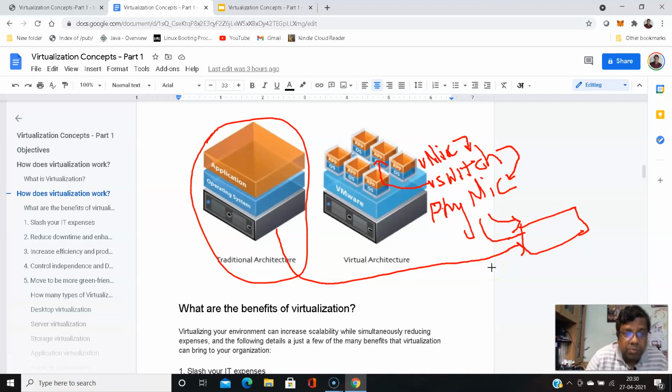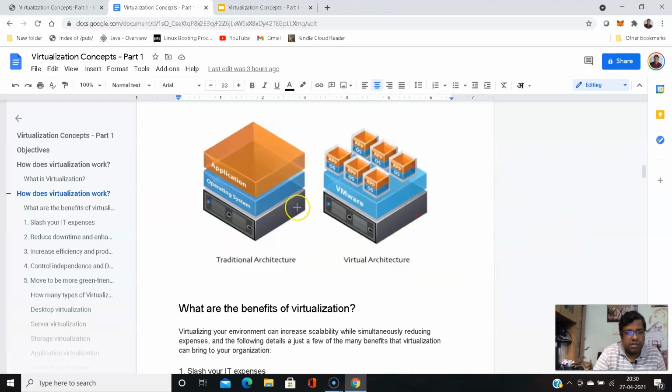Even nowadays in the modern software-defined network, we have the capability of the VMware distributed switch. The distributed switch spans from one box to another box. If both boxes are hosted with the same ESXi virtualization hypervisor, they can leverage that VMware distributed switch. But that's an advanced concept, not required to be covered here. This is what I have explained just now. It's a virtual network. Okay, let's move forward.